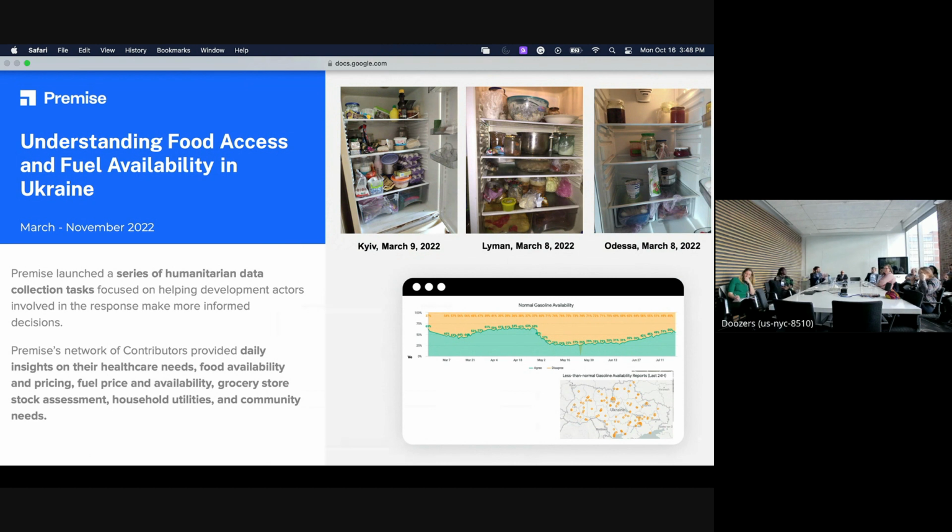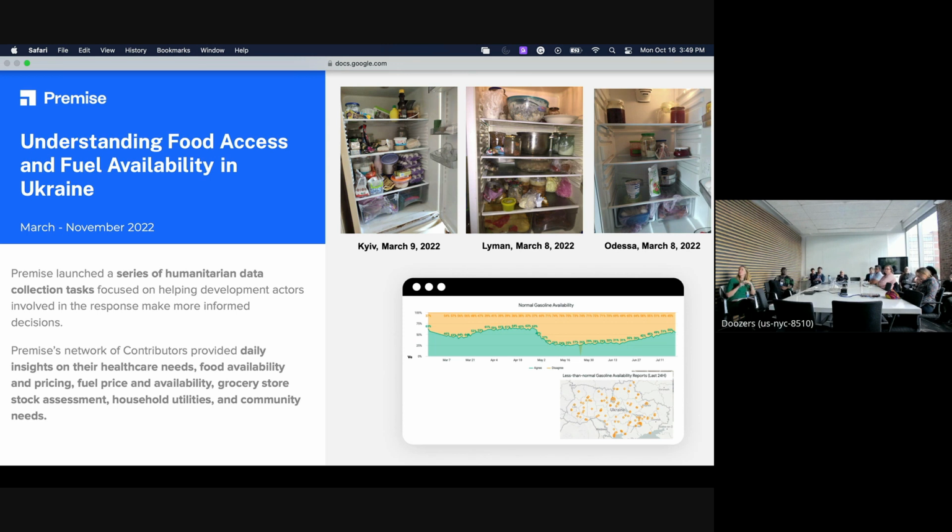kind of showcasing, maybe when we were talking earlier about anticipatory action, right? In 2 days, I may run out of food. In 5 days, I may run out of food. In 1 month, I may run out of food. Here is my stock, right? So these were different ways of leveraging these individuals, even though it was wartime and they're spending part of their day in a bunker or hiding, they're able to get online and provide insights, so then the likes of humanitarian aid organizations have better information to drive their planning or to drive their cash distributions or